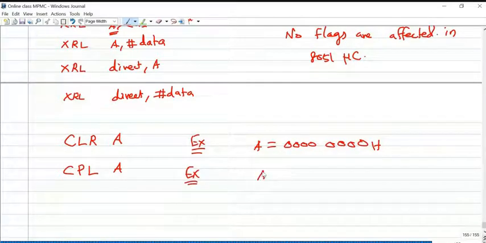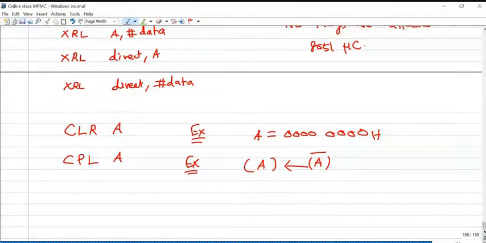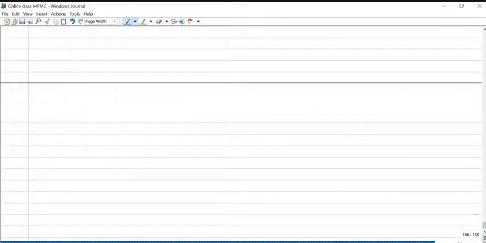CPL is the complement of the accumulator: whatever value is in the accumulator at the time of execution, its complement will be saved in the accumulator. So these are the byte level logical instructions. Only for arithmetic operations will the flags be disturbed. Please keep it in your mind.